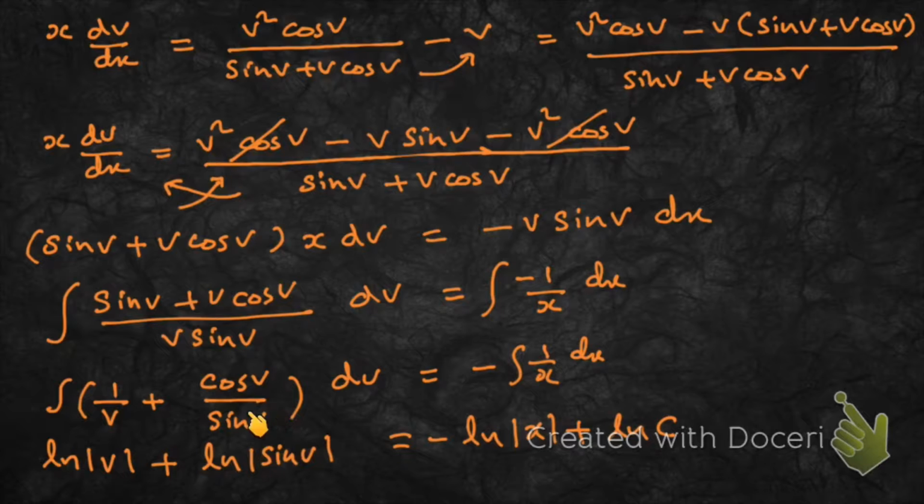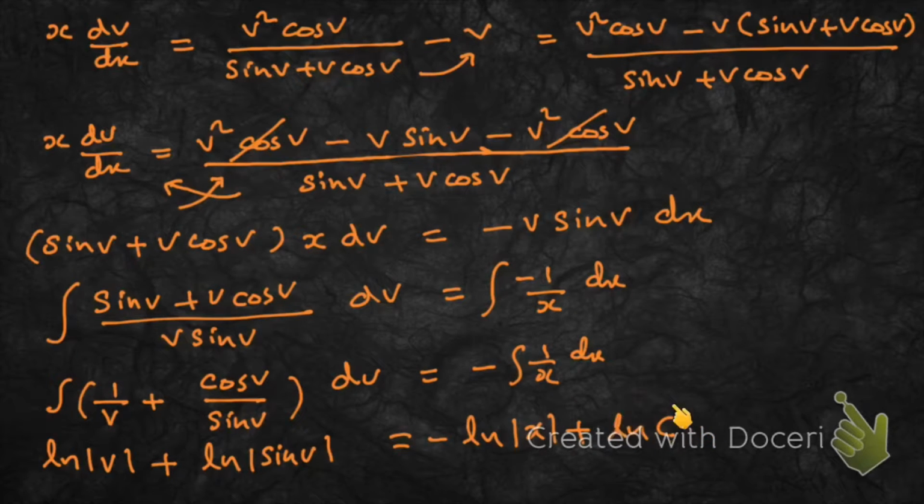So that's going to be log of the denominator, natural log of the denominator. So ln of mod sine v. And on the right side it's fine, it's integrable. So when you integrate it, 1 by v became ln mod v. This is ln mod sine v. This is ln mod x